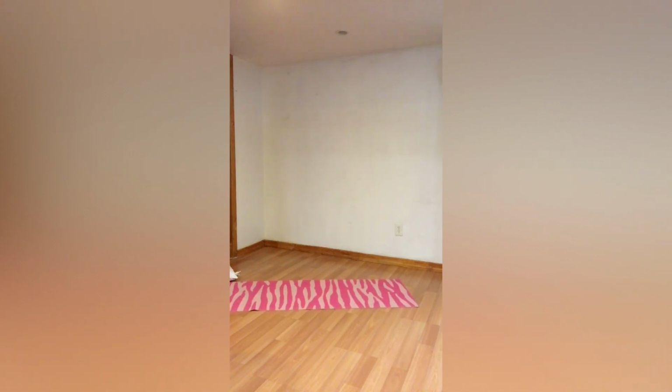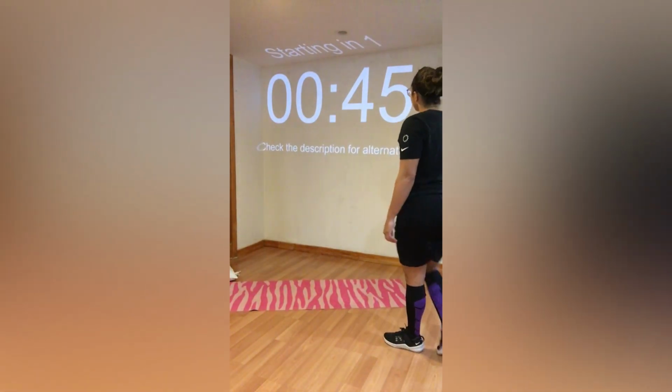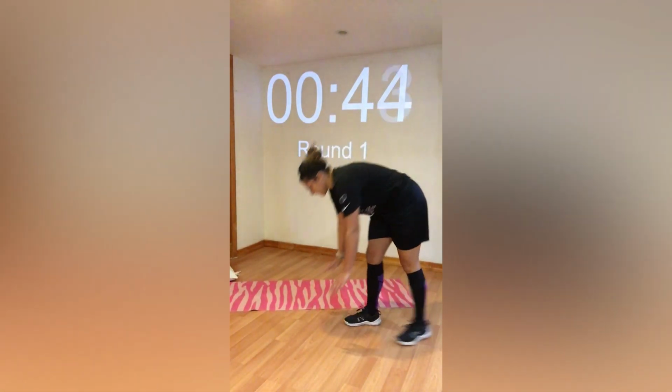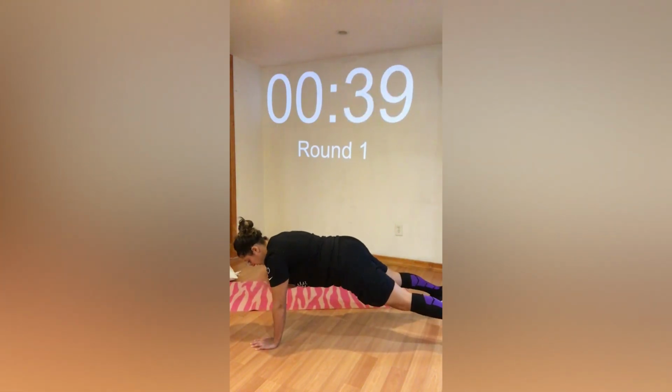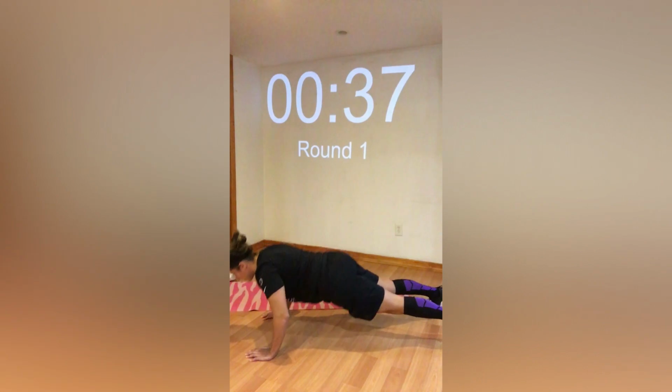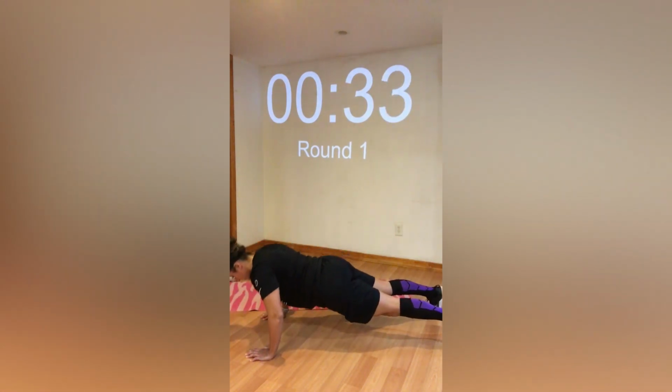Everybody get ready. We are going to start with those 2 shoulder taps and 10 push-ups. All right, let's go. So you're doing those shoulder taps. 1, 1, 2, 2, 10 push-ups. 1, 2, 3,